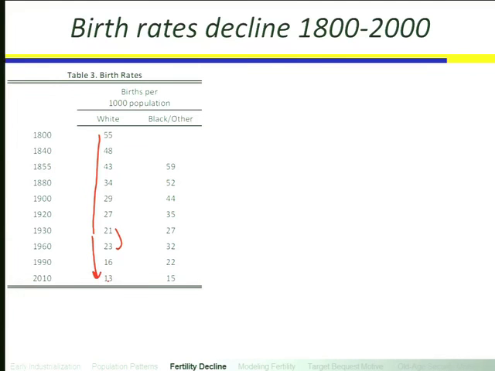The year 2000 data: fertility for white women was 14 births per thousand, and then for 2010 it's 13 births per thousand. You might think that rounds to about the same thing, but if you were a demographer, you'd think, oh wow, this is really cool. There's really big changes still happening. So they get really excited about changes between 14 and 13. Show them a change that runs from 55 down to 13, and they're practically apoplectic with excitement.